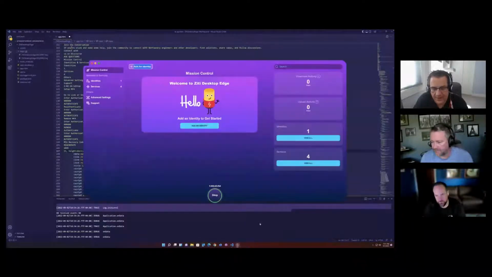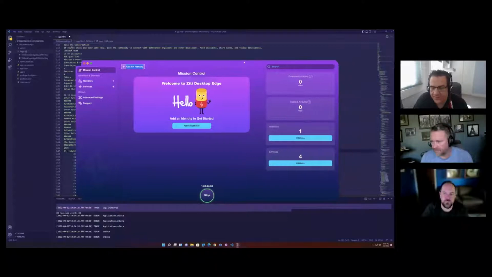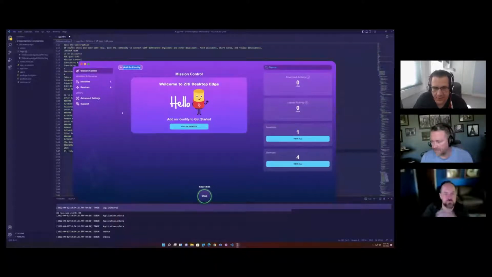The data service is the thing that actually intercepts your packets and shuffles the data properly over the Zero Trust overlay. And then the UI obviously is the nice way to interact with those two, call them back-end pieces, I guess. So for your UI to work, you have to run the ZD Desktop Edge for Windows in its current form. But that's perfectly fine.